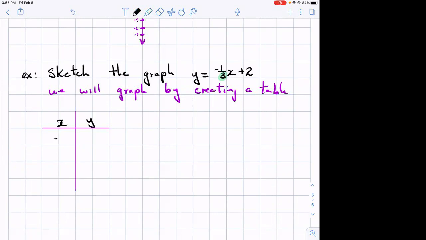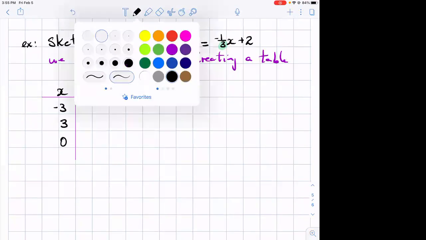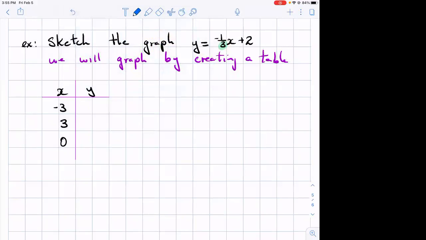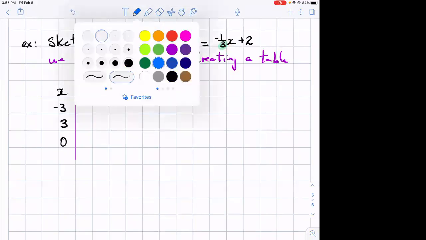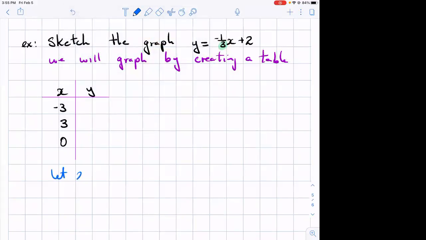So we will choose -3, 3, and let's say 6. We can even try 0, okay? Now the reason we do that is because when you plug in those values, right? When we say let x equal -3, and we have the equation y equals minus 1/3 x plus 2,